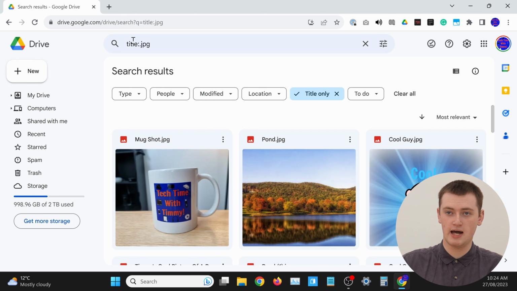So if you want to be more specific like that, you can do that. But this is actually showing all of your JPEG files that you have anywhere in Google Drive. But if you want to specifically see all of your JPEG files that are inside a specific folder, you can do that as well. Once you've typed this into the search, you have to have done it the search way. You can't do it by clicking on type. But once you've typed title colon dot whatever into the search, all you need to do is click on these three line icons up here,